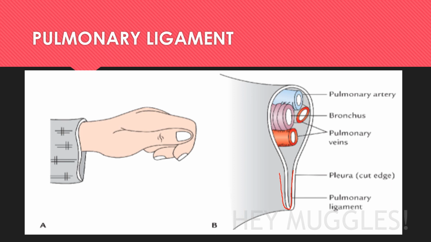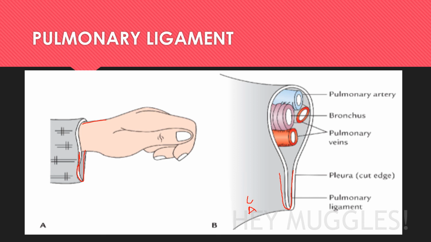So you have seen the sleeves of a jacket surrounding your wrist, right? This is your sleeve and this is your wrist. So the sleeves are surrounding your wrist in a similar way as the pulmonary ligament surrounds it, right? So it is a fold which contains a thin layer of loose areolar tissue with a few lymphatics, right?